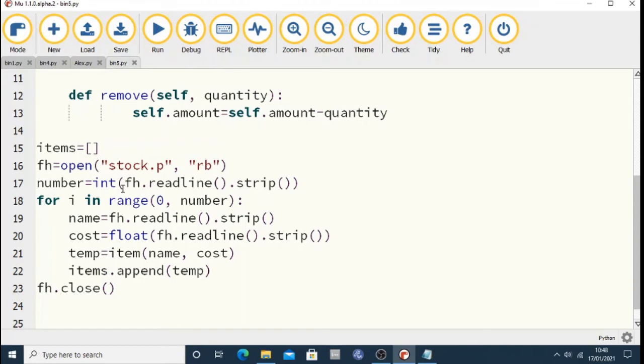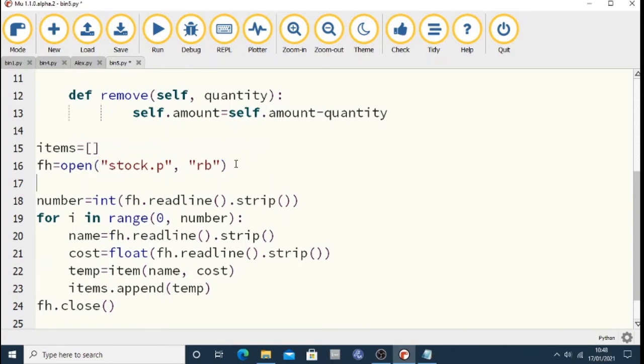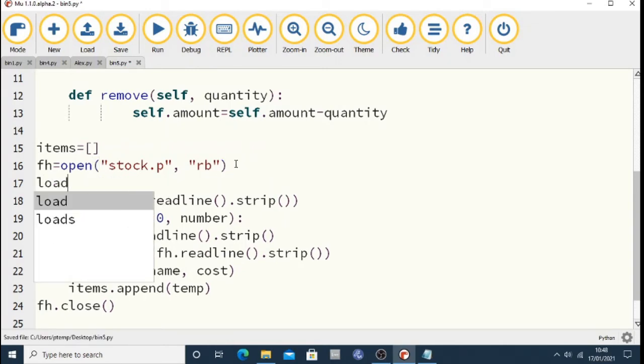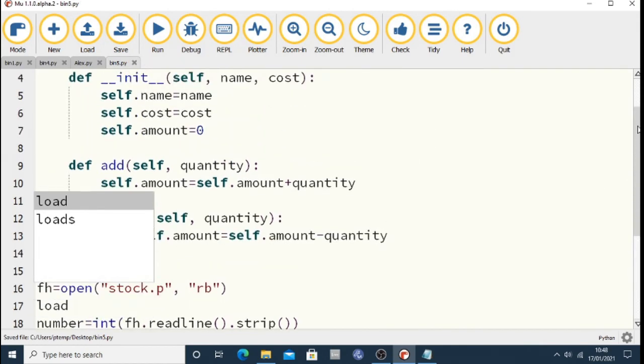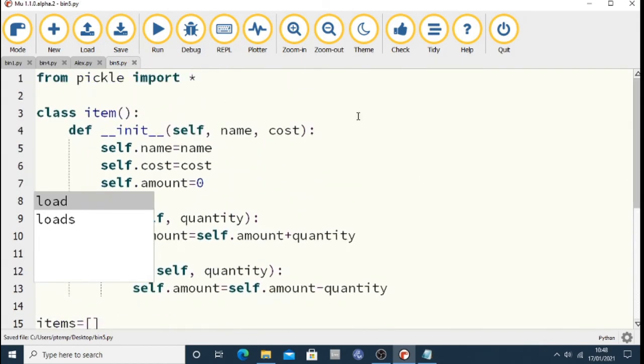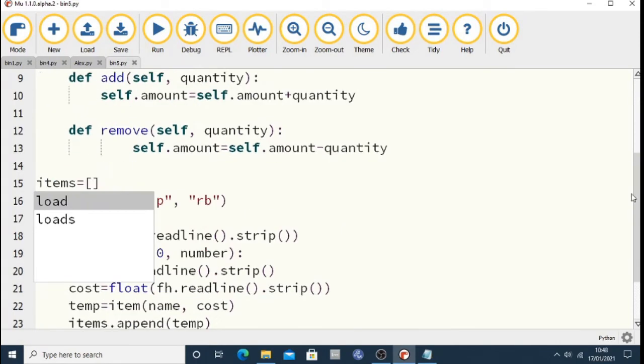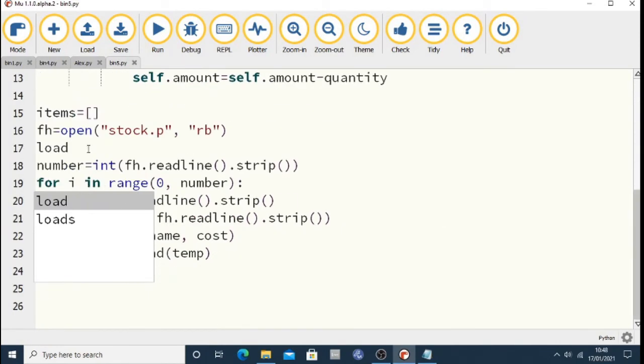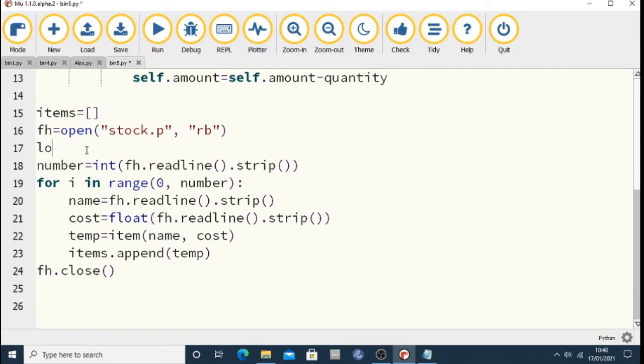It's just going to stay the same. We just want this number. Oh, let's get this read line. I need this metadata first of all. So what you use is load. Now then, just to be clear on something, if the way you've imported it was import pickle, which is a much safer way of doing it, you can't just access load straight away. You have to go